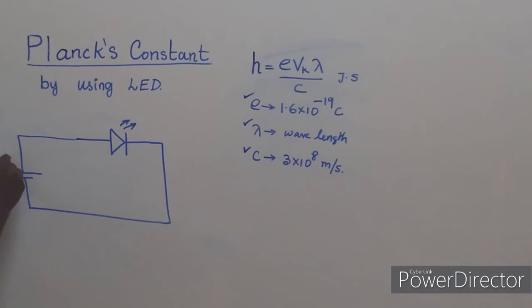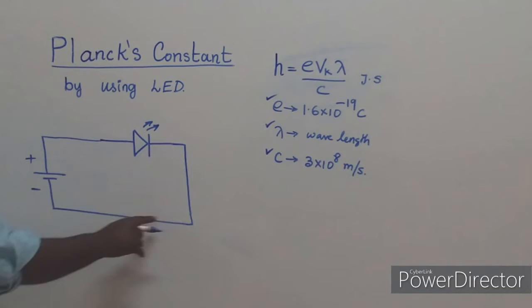So when it is forward bias, you are shorting the